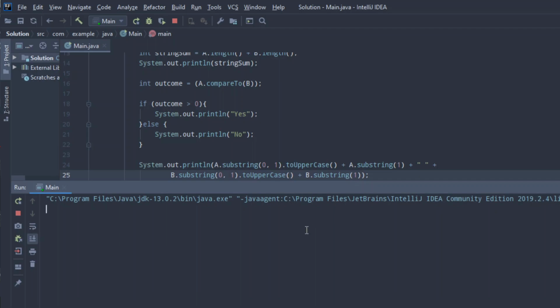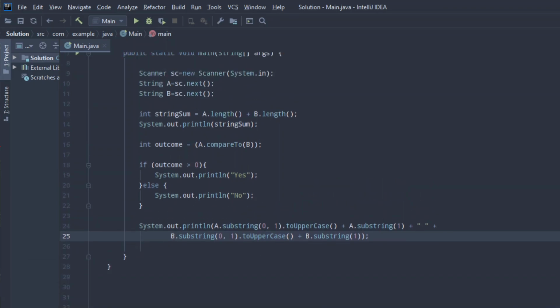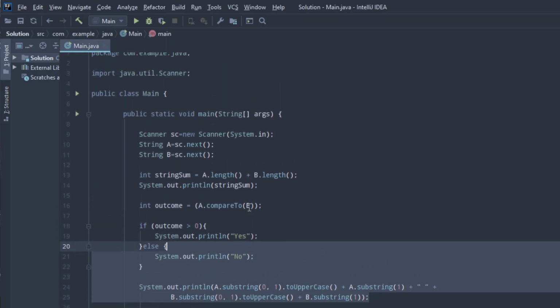Okay, let's take hello Java. Okay, so we have the sum of the two words, no, Hello Java. Cool. So let's copy this code that we wrote here and paste it into our